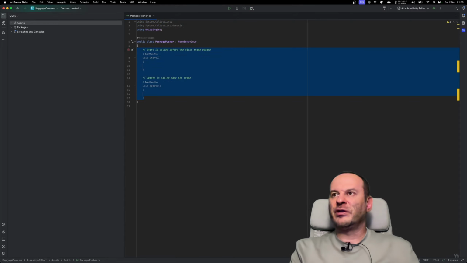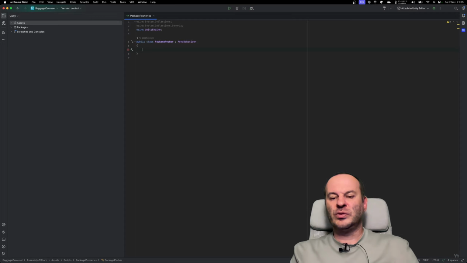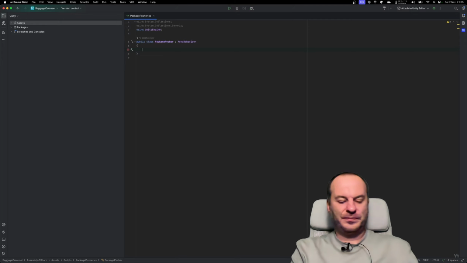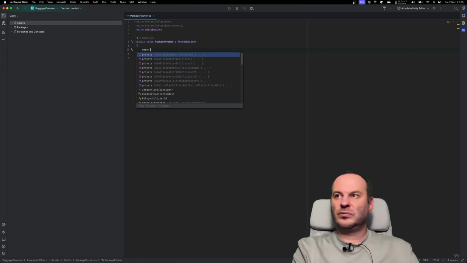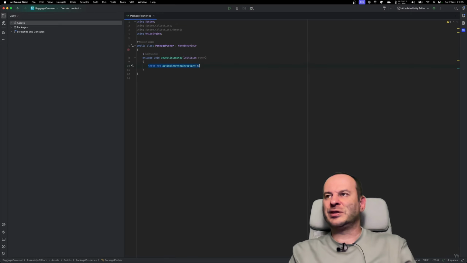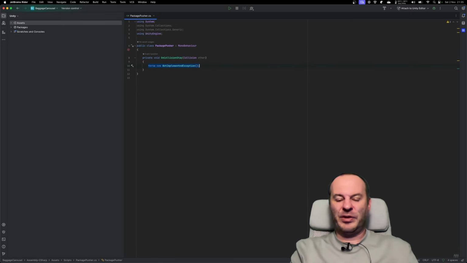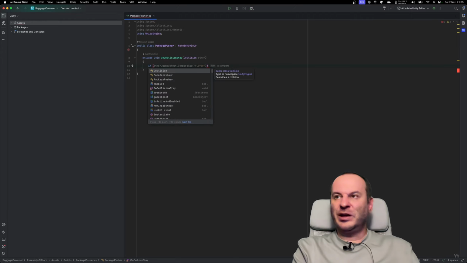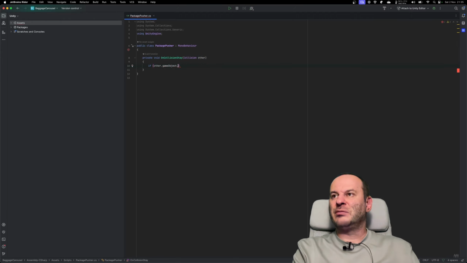We get rid of all the extra code and we do this. On collision stay. So as long as it's in collision with something, and that something has to be on the other game object layer